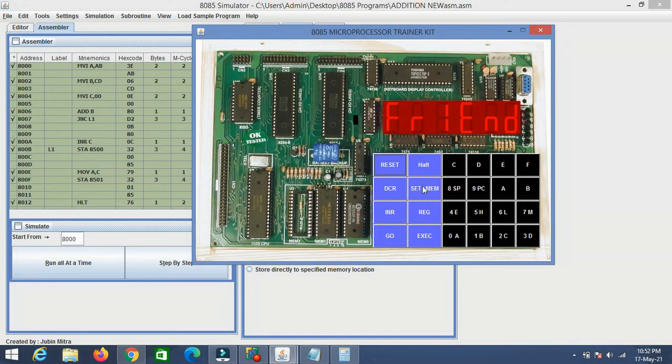So here it is, exam memory. You have to click here, then the starting address is 8000.